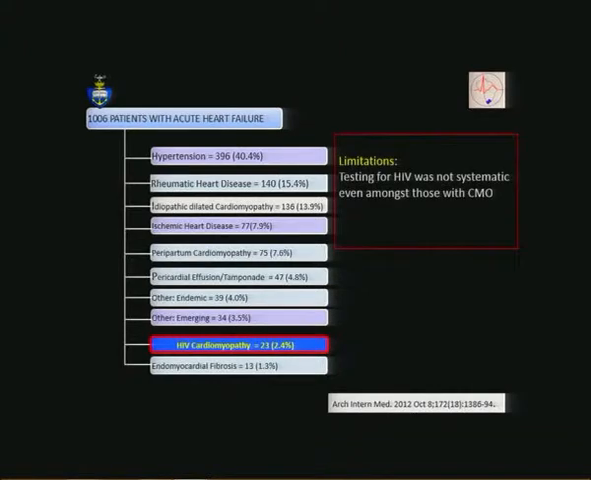Of course, the study did have its limitations with addressing this specific question because testing for HIV was not systematic, even amongst those with cardiomyopathy. So there's good reason to believe that amongst those with the idiopathic dilated cardiomyopathy and peripartum cardiomyopathy, HIV did contribute, and this number of 2.4% is probably an